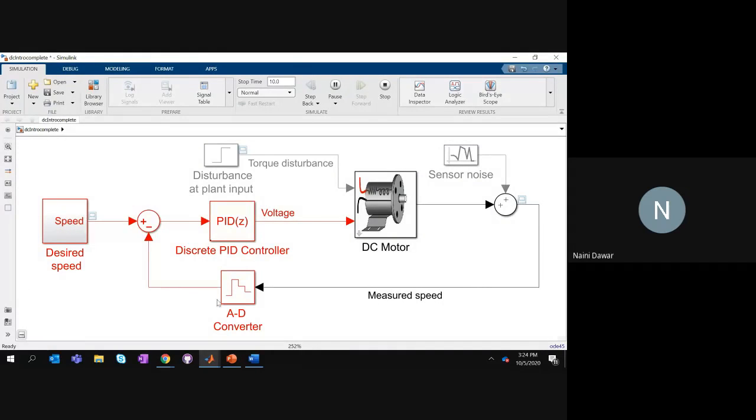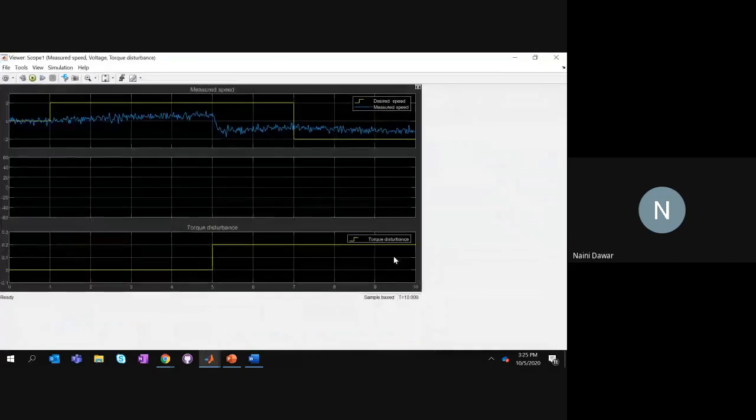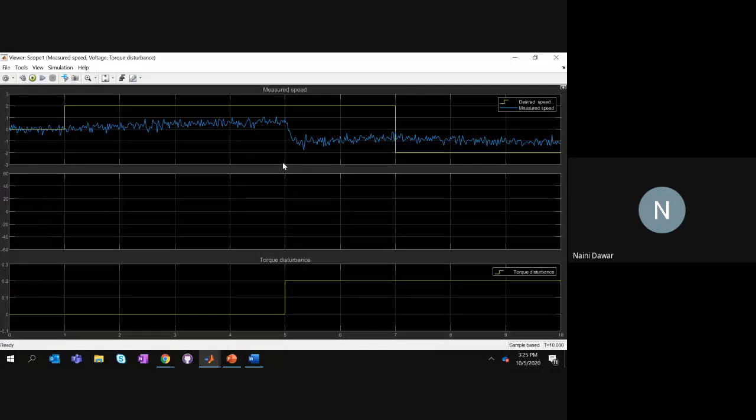So we are comparing the desired speed with the actual speed, and the difference, which is an error signal, is being fed into a PID controller. The PID controller gives out the controlled output, in this case a controlled voltage, and that is being fed to your motor,